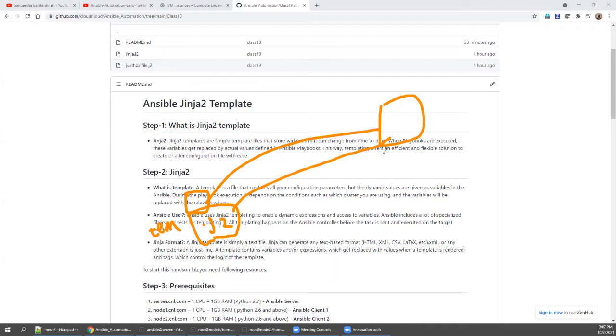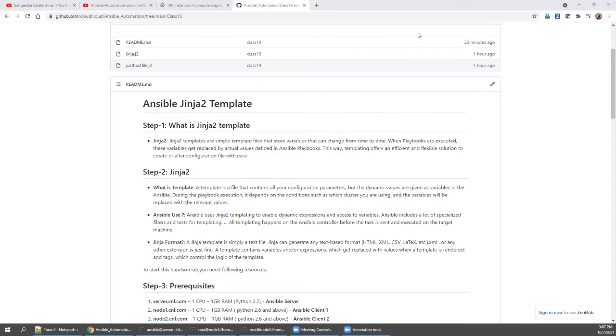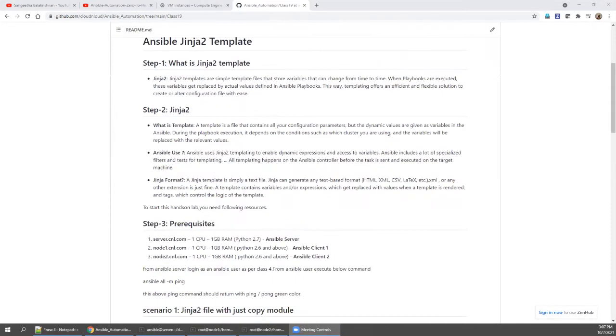While copying, it will fetch the variable values and replace them, and then the file will be copied. So if I go and see, all the values will be different on this server. Again, if I open the same file on another machine, the values will be different according to that machine. So I'm going to clear this. And what is the use of it?